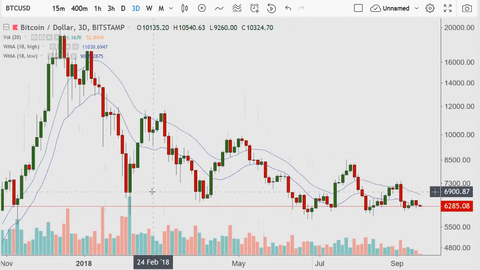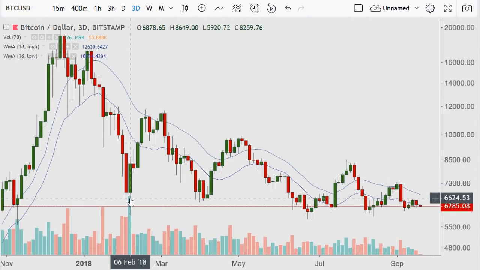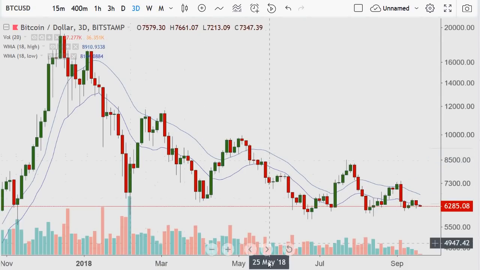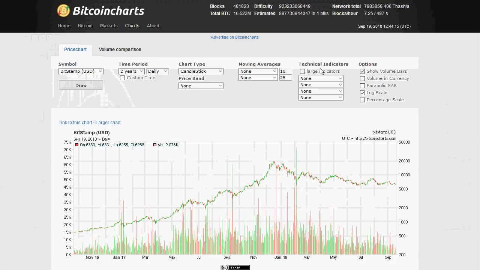When we look back within this 3-day time frame, from this low here, we have a low of about 59.20 and a high of 86.49. The differential is about 2,700 basis points. So 2,700 divided by 59.20, that's where I get my volatility from. Well, that's close to 50%. So there's going to be times of high volatility and low volatility. And what I've done is I went to